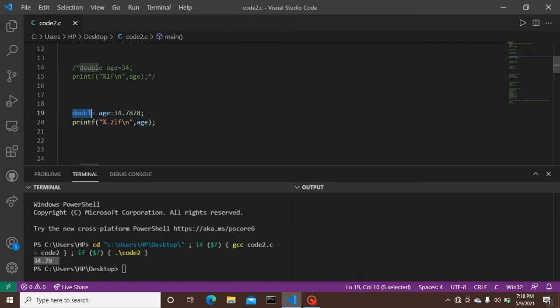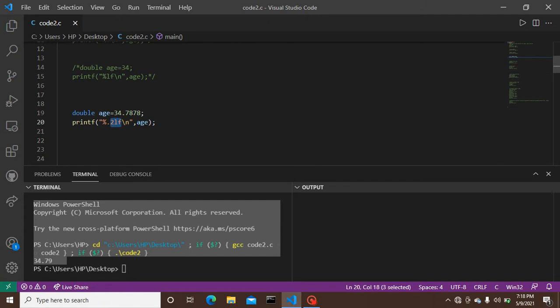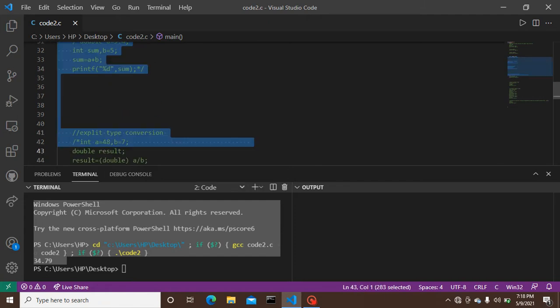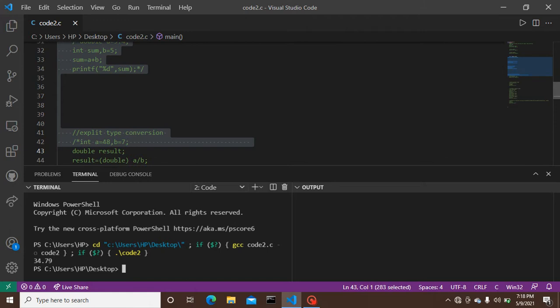Here I have the same variable age declared to be of double float type, that has a certain value, 34.7878. But have a look at the printf declaration that I have made here. It's percent .2lf backslash n. Because of this declaration the output is 34.79.